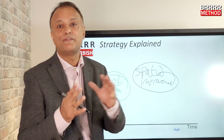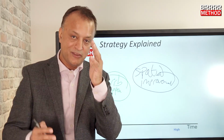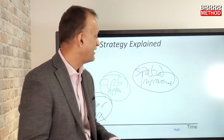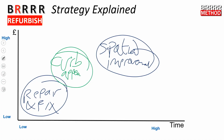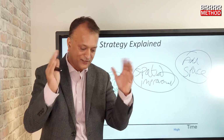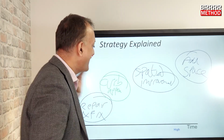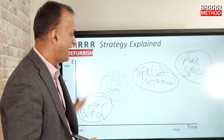Another example of this is if you've got a very oversized bedroom with 2 windows, for example, you can in many cases chop the bedroom in half with a partition wall, etc., to increase the bedroom count in that property. And the fourth most expensive area to think about is adding space. Now that's to do with extensions, whether it's going into the loft, doing a side extension, rear extension, basement, whatever, you're adding space. So that is where you start to go up this ladder of expense and time it